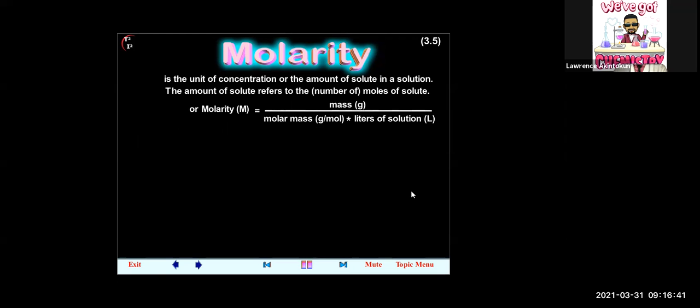Or molarity, M, is equal to mass in grams divided by molar mass in grams per mole times liters of